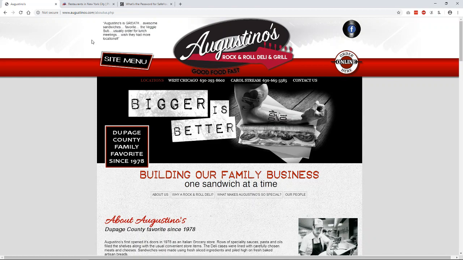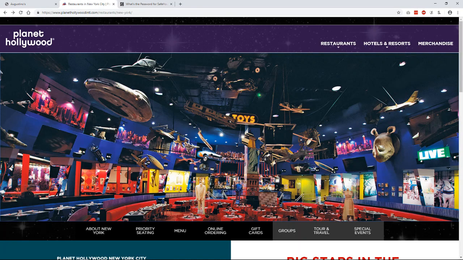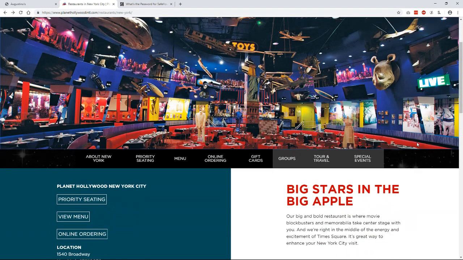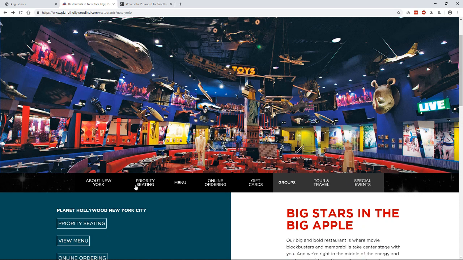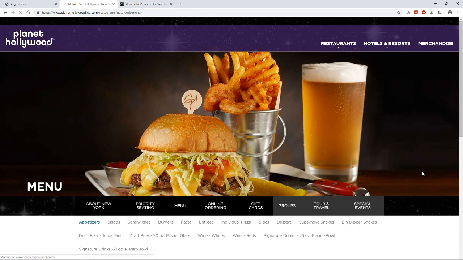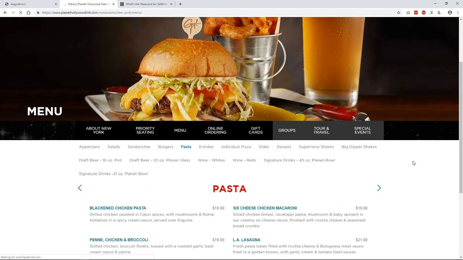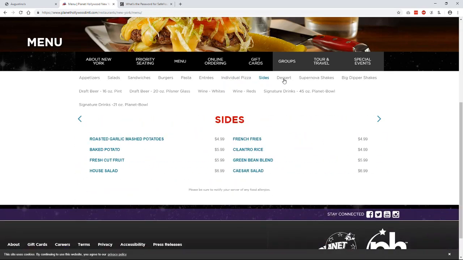And we have theme restaurants, and one is Planet Hollywood. So this is the New York Planet Hollywood, but you can see the design is more modern. They're using these large headers to show you what's inside. You don't get a lot of that with the Augustino's restaurant. It's very clear what the menu for this particular restaurant is. So you can click on places, and you're going to the top level menus, but even inside there you're getting these sub menus that make it really easy to see